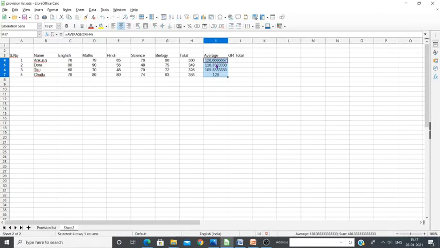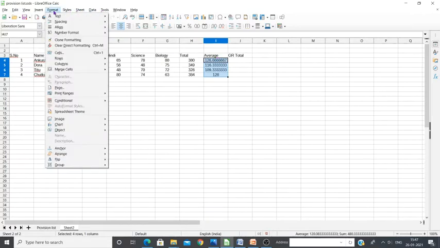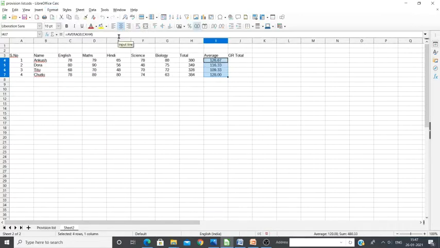So I have to select it and change the format. Go to Format, then Number Format, then Number. If you click on Number, it changes into 2 decimal places.